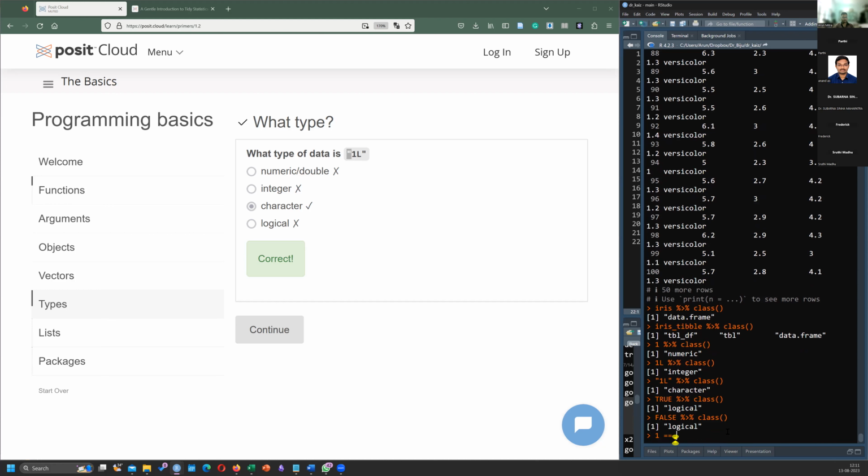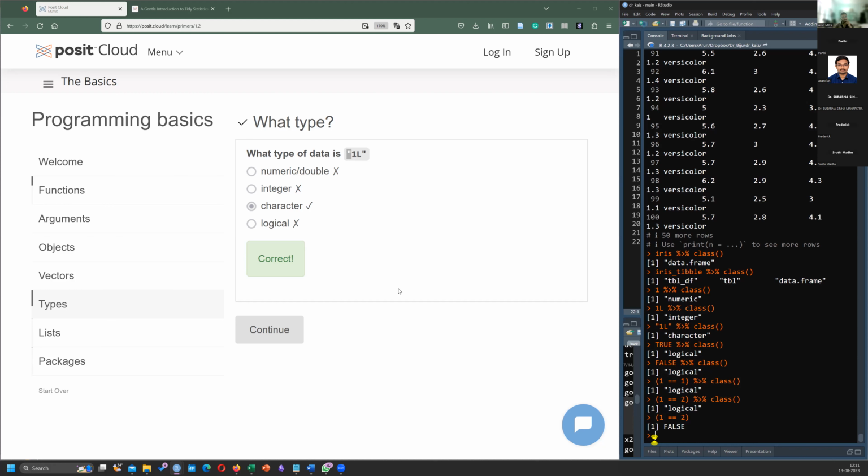So I hope you understand what true false is, because some of the arguments within a function take this logical argument. For example, if else: the first argument for if else needs to be a logical argument. For filter also. If you remember, for filter, we are saying age less than 45.